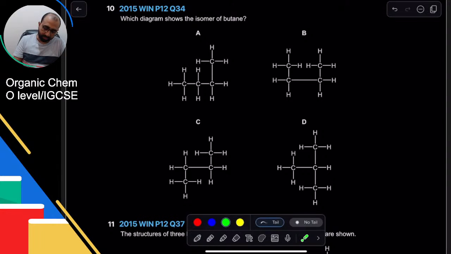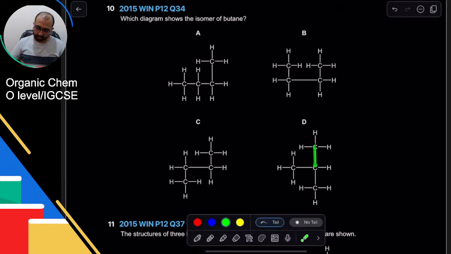So for example, if I start here, I can connect 1, 2, 3, 4. I have bent through the path, but I can still connect them without picking the pencil up. So this is 4 carbons. 1, 2, 3, 4. Still 4 carbons. So A and B are the same molecule, just drawn differently. They're the same molecule. 1, 2, 3, 4. Same molecule again. So A, B and C are exactly the same. Not isomers. They're exactly the same.